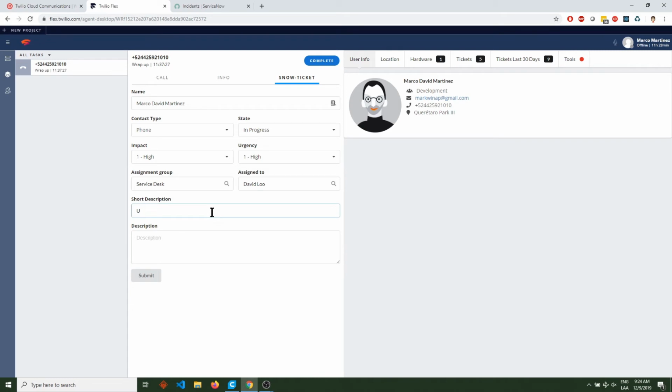User unable to access Twilio Flex. Let's just add a simple description. Unable to access Twilio Flex. So if I submit that ticket, okay, we just created a ticket, INC